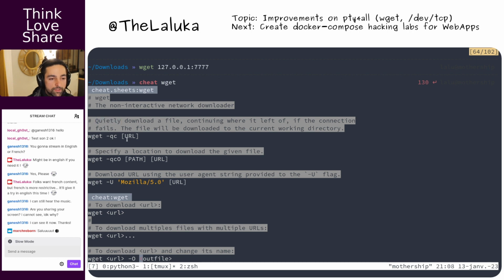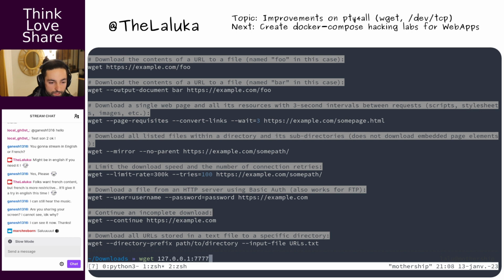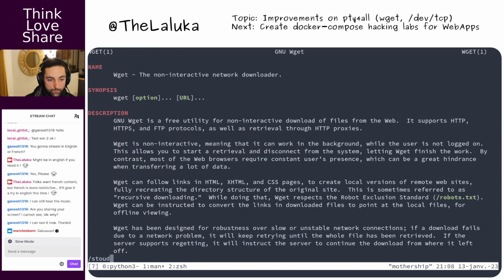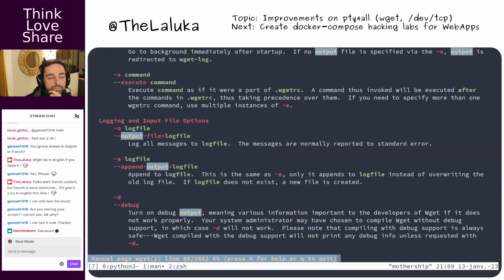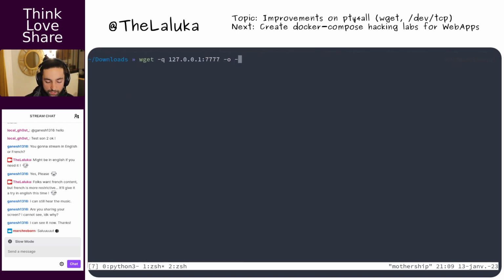Quiet here, and I want everything printed out to stdout. Let's try to aim for this. It is quiet, cool, and in man wget, I want everything to stdout. It is not there. Output file maybe? Okay, output file, and I might be able to use dash that specifies stdout.